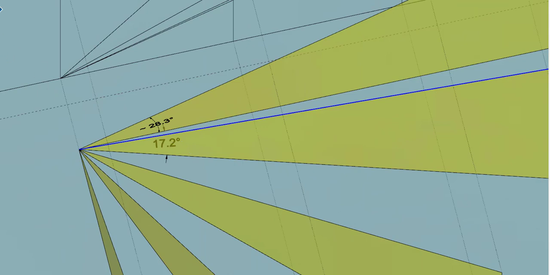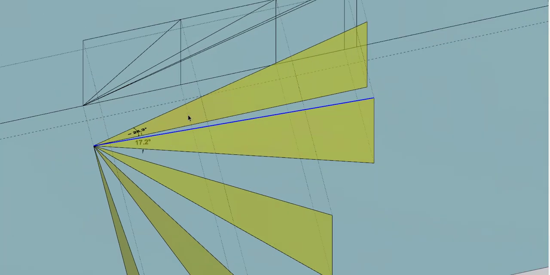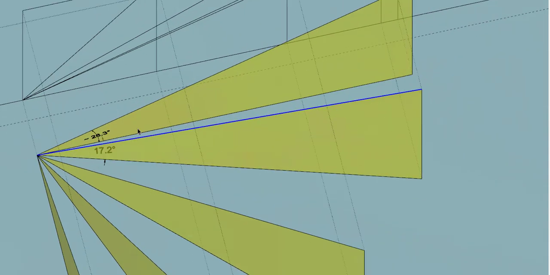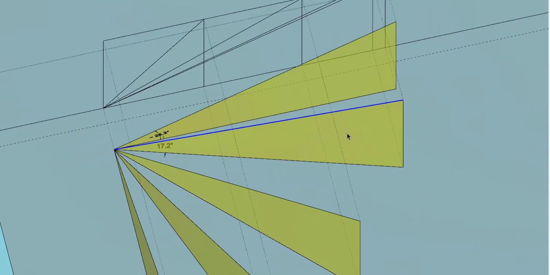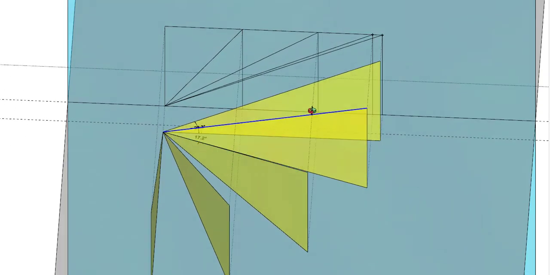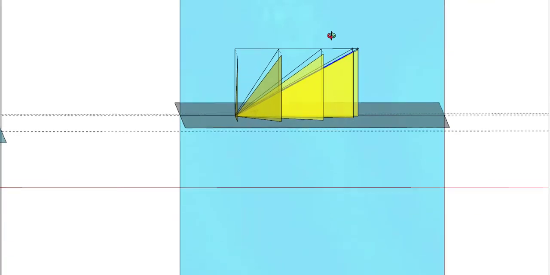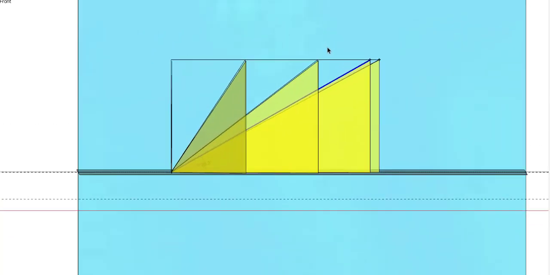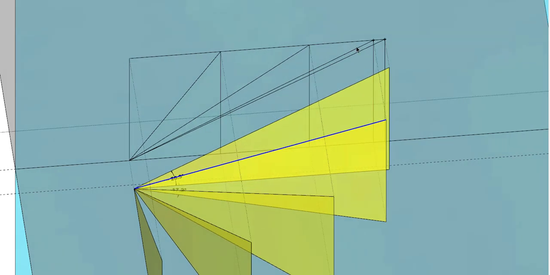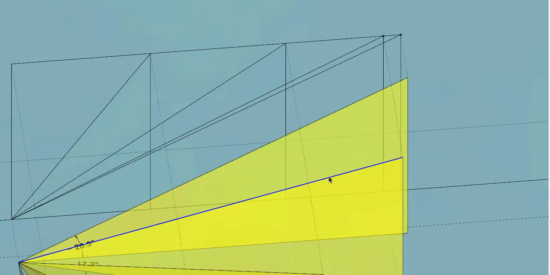So what I have done here is introduce an inclination to the vertical plane also, to a line which was already inclined to the horizontal plane. So this line, the highlighted line here, is now inclined to both the planes. If I again project it towards the vertical plane, that is the front view, what I get is this: the front view of that top edge is this line that we have here.